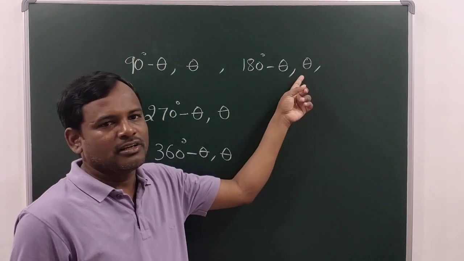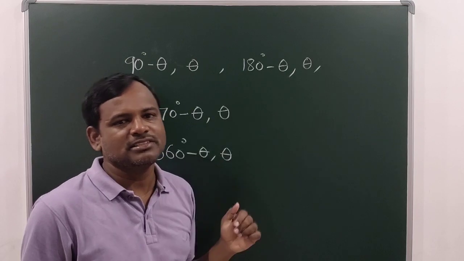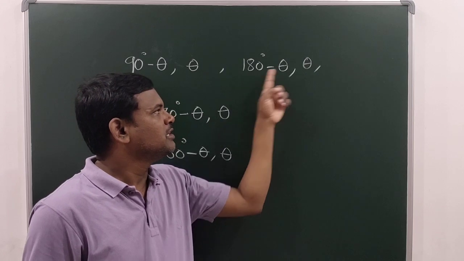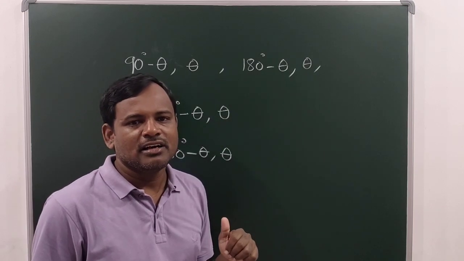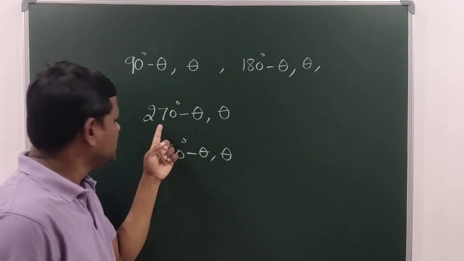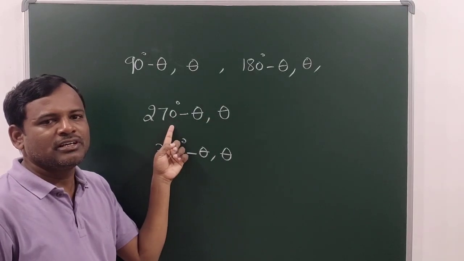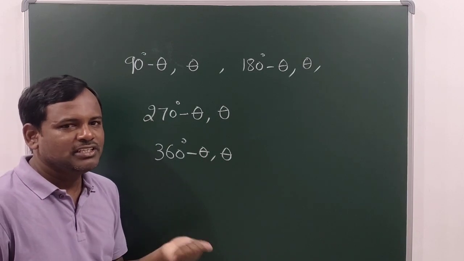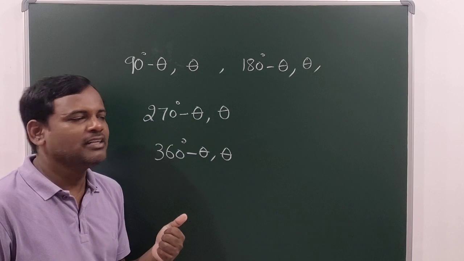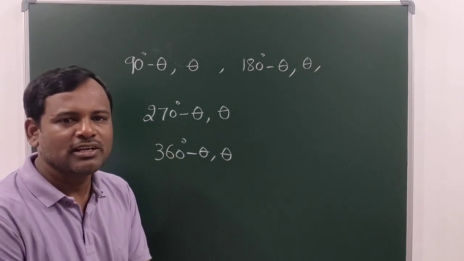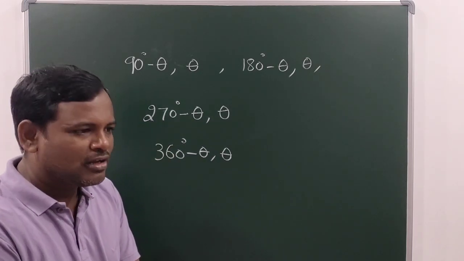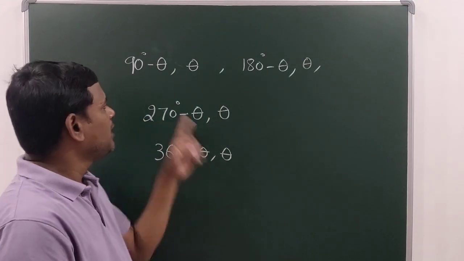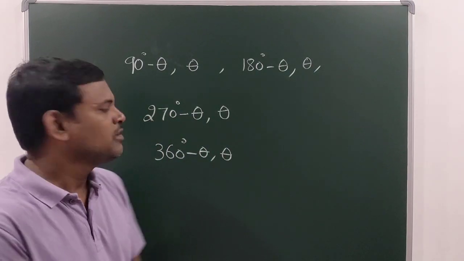So go here, add them, minus theta plus theta cancel. So 180. 180 is a multiple of 90, no? Hence, this pair of angles are known as allied angles. In the same way, add them, 270 is a multiple of 90. Add them, 360. 360 is also a multiple of 90. Hence, this pair of angles are known as allied angles. Now, I am going to define the trigonometric ratios at these angles. Okay. So, for that,